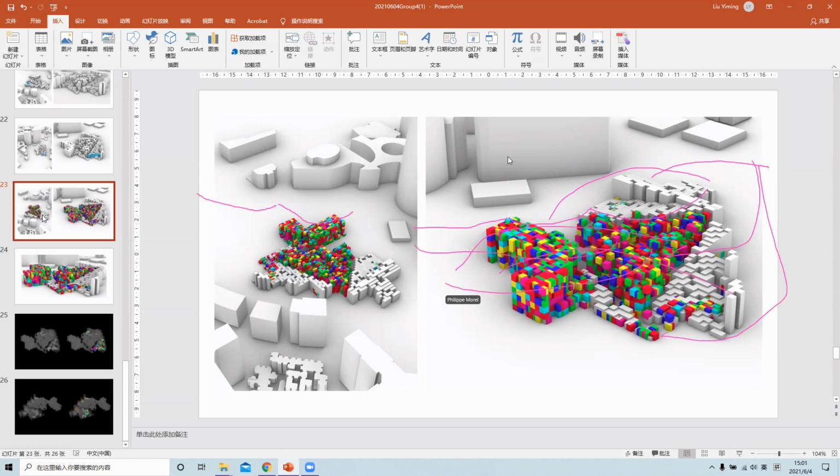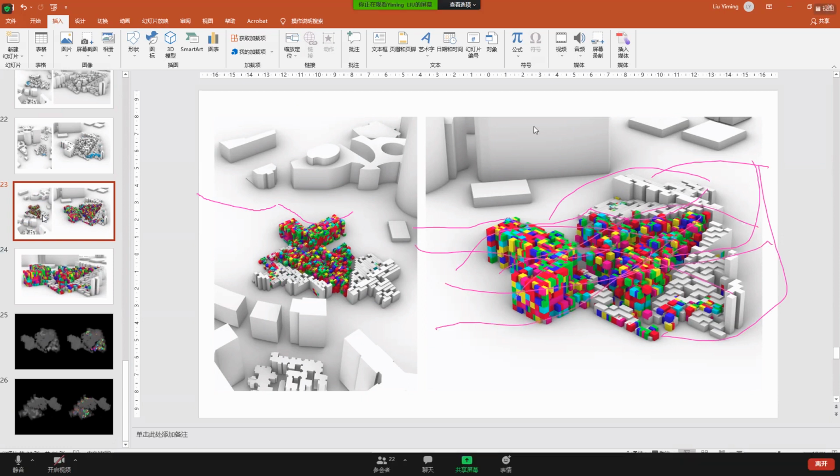A bit similar to what is happening at the moment with the Googleplex. So probably you can look